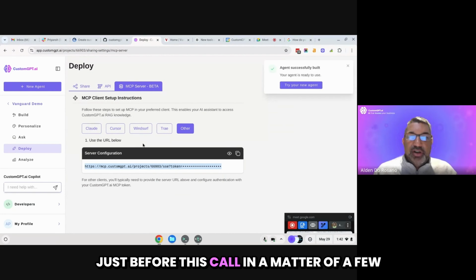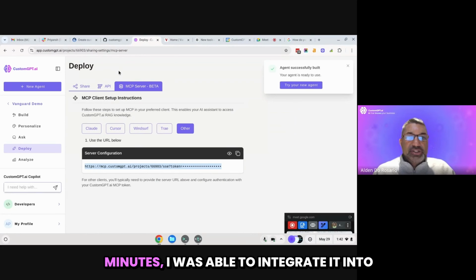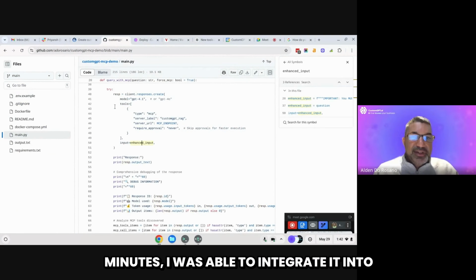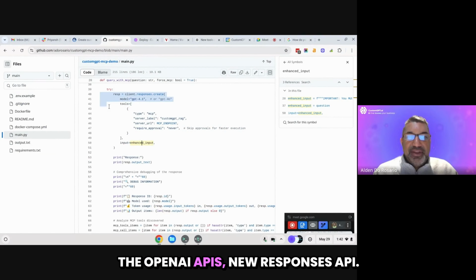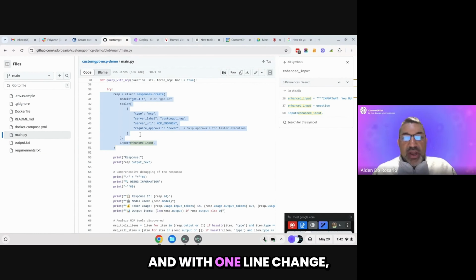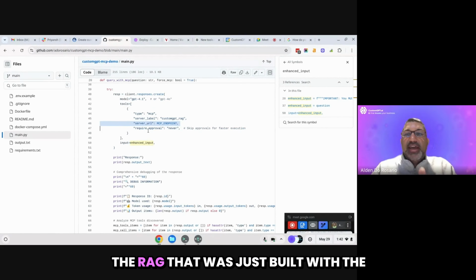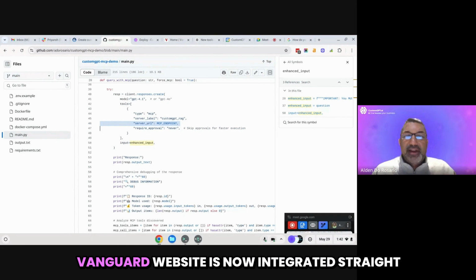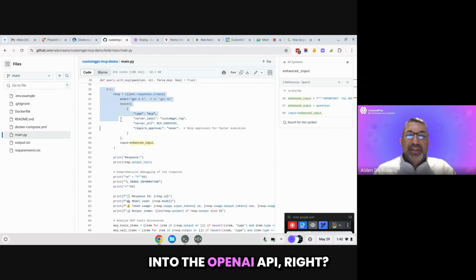Just before this call, in a matter of a few minutes, I was able to integrate it into the OpenAI API's new Responses API. They added support for MCP about 8 days ago. And with one line change, the RAG that was just built with the Vanguard website is now integrated straight into the OpenAI API, right?